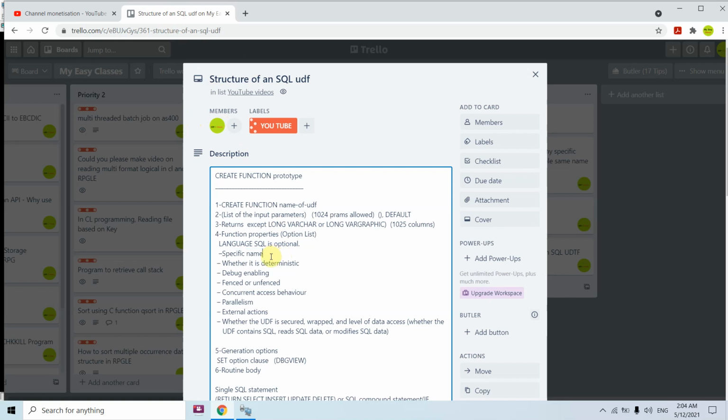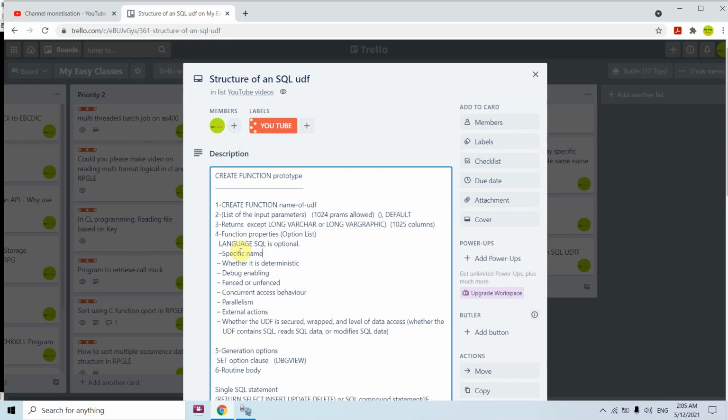So it lets us describe a function's unique name basically. If we do not use it, by default the system will generate the unique name based upon the specific keyword. So we can make use of this and we can keep the objects, service program objects, as per our naming standard or what we want.